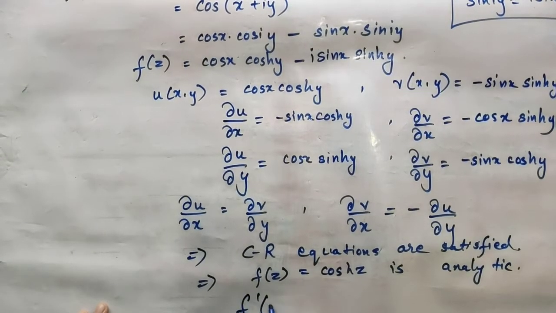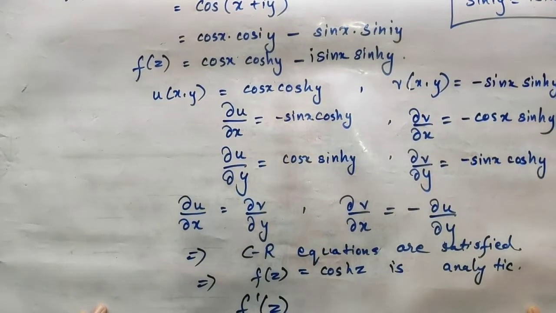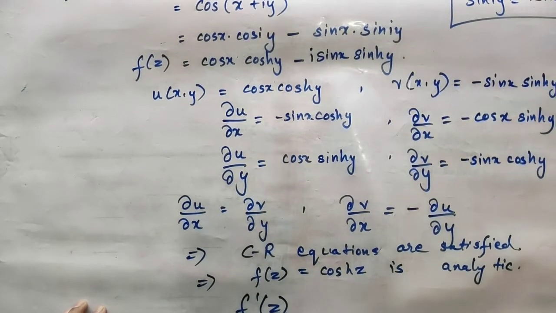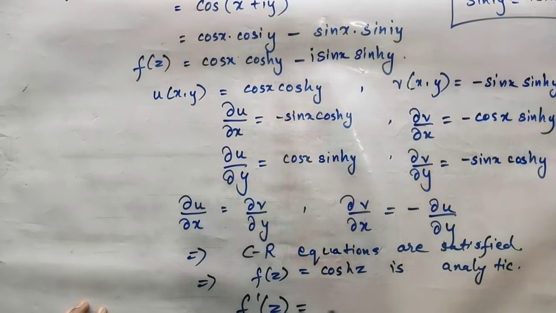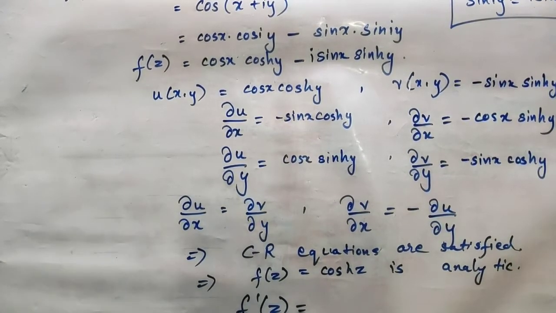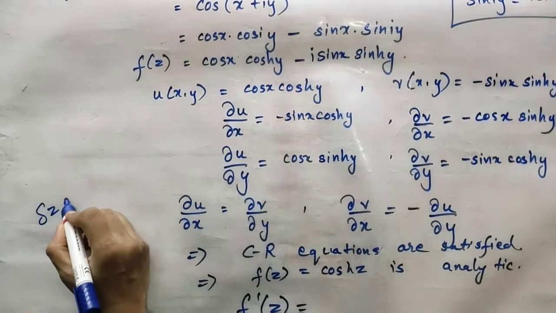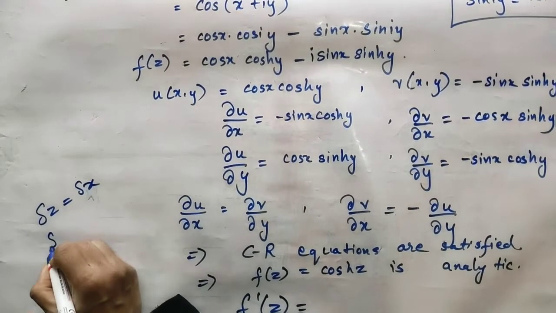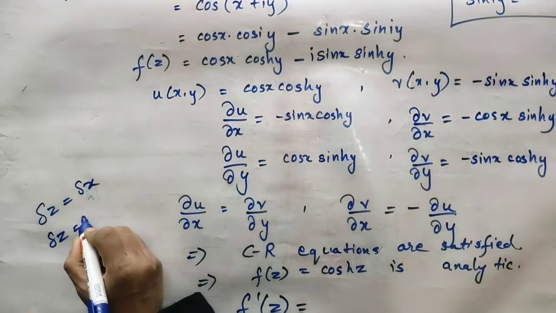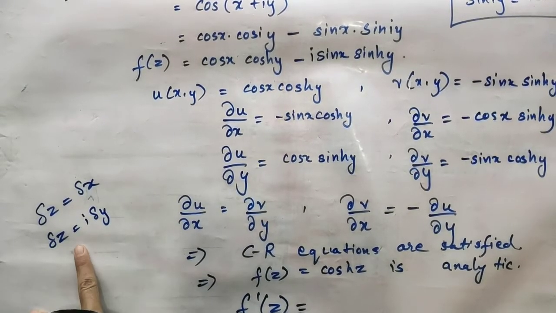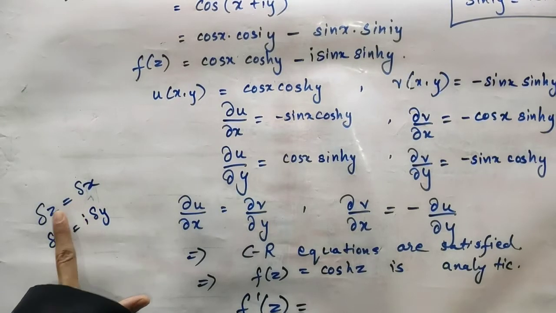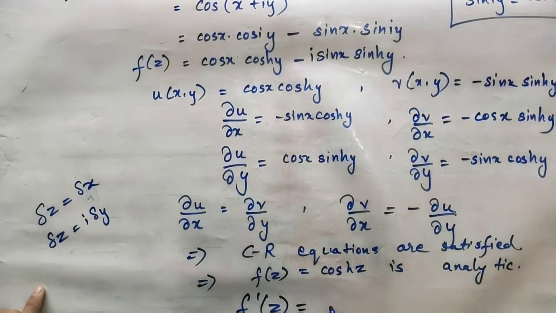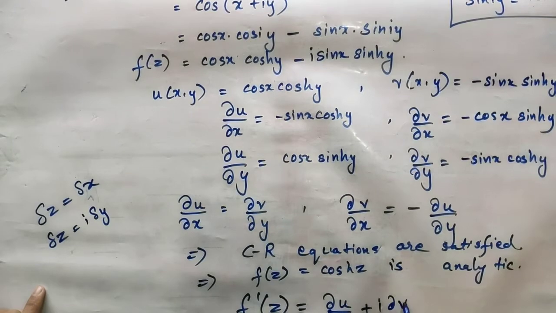Now the very first equation, if you remember your previous derivation which we did in my previous class, equation 2: we did half of it considering delta z to be wholly real. That is, we considered delta z is equal to delta x, and when we consider delta z to be wholly imaginary, we consider it something like this, is it not? So when we consider delta z is equal to delta x, we got f dash of z is equal to dou u by dou x plus i into dou v by dou x.